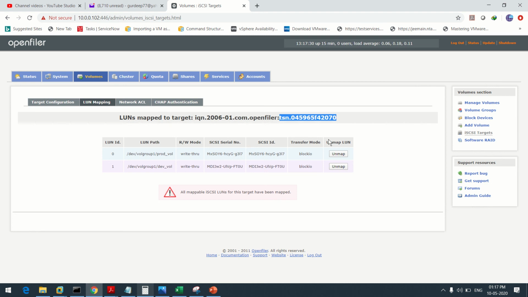From these LUN IDs we are going to create the datastores having the VMFS file system, and onto that datastore we are going to create our VMDKs. Whenever we create virtual machines, the virtual machine's hard disk, your VMDK, will be present on this kind of datastore. So thanks for watching this lecture.